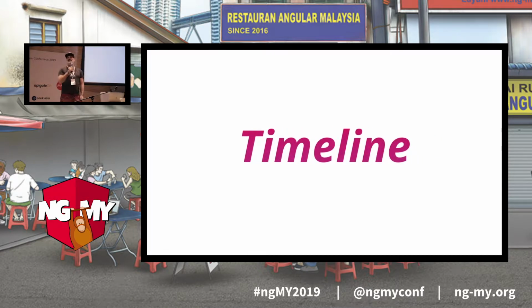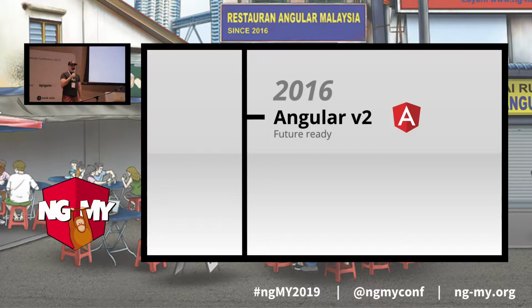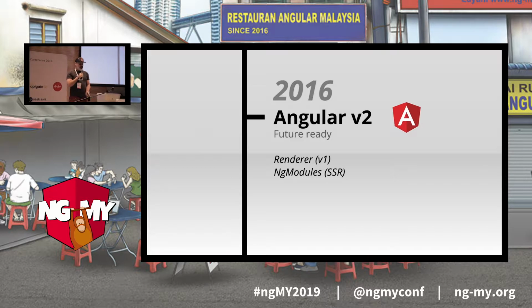So let's start with a small timeline. And everything started in 2016. And it was September when Angular version 2 was released. Who was using Angular at that time? Okay, very good. It's been a few years. I mean, this is in internet years, it's like an eternity. 2016. And we have the first version of the renderer. You can call it like the first version 1. And at the same time, maybe if you were using Angular,